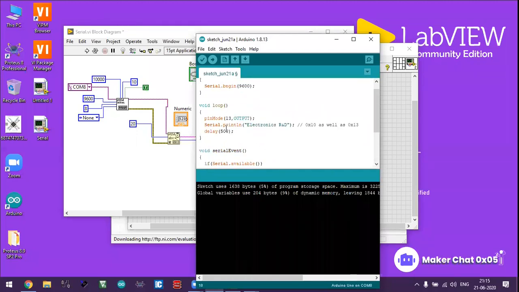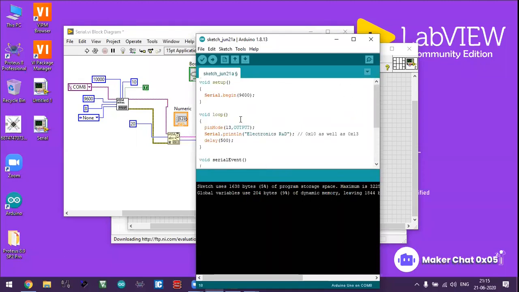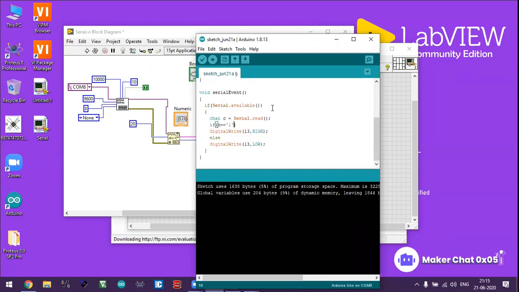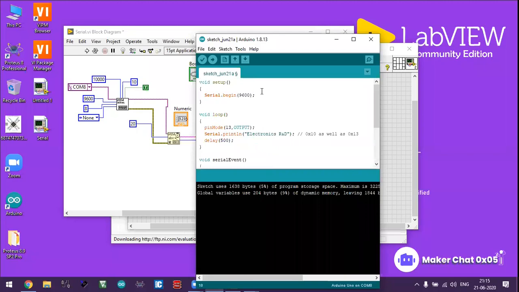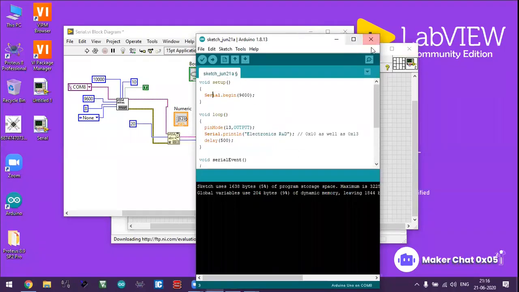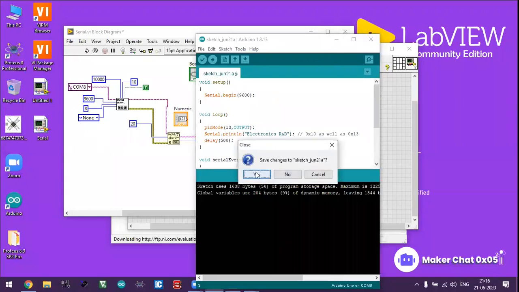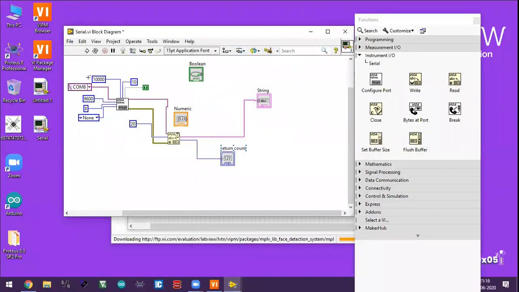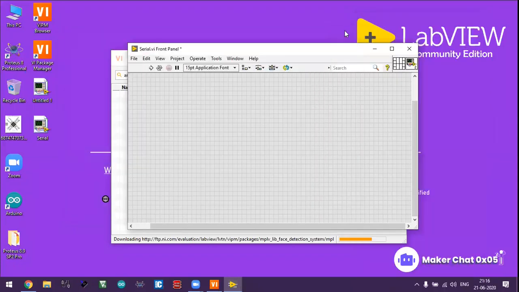So this is the basic thing of interfacing the Arduino board with LabVIEW software. If you have any kind of questions or doubts, just go to the Makergram community and put a post over there, and I will reply. If you want to know something else regarding LabVIEW, just post over there, so we can help. So I'm completing my session with this. Now I'm closing and deleting all these things.